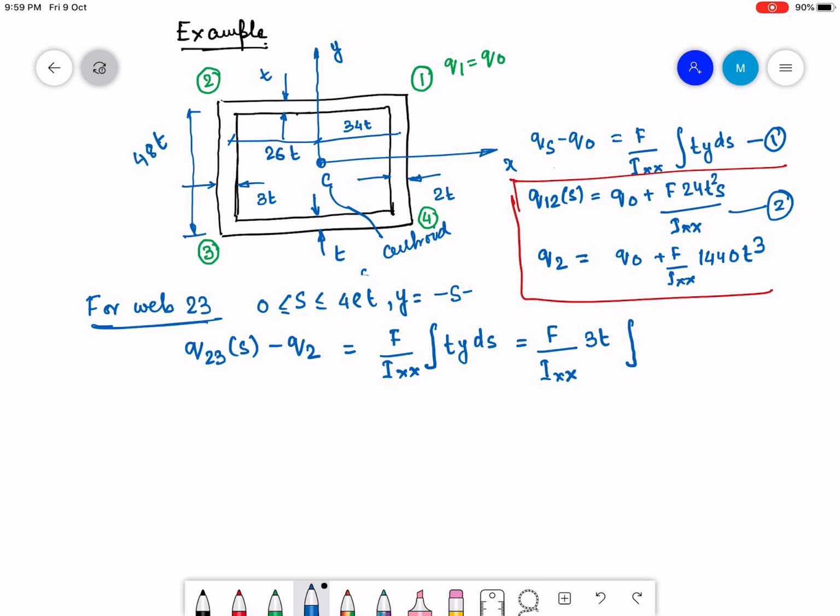So I have, in place of y, I can write this as minus s plus 24t into ds. Okay, so if I evaluate this, q23s is going to be q2 plus